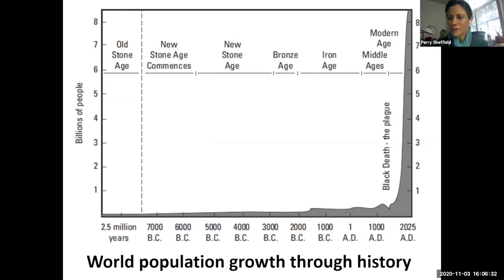So the biggest driver of global environmental change is us, humans. And as you can see from this world population growth chart across history, we had relatively stable human population for millennia. And then, due to massive technological advancements, if you will, in our ability to produce food and sustain populations over the last several hundred years, we have seen this burgeoning population.